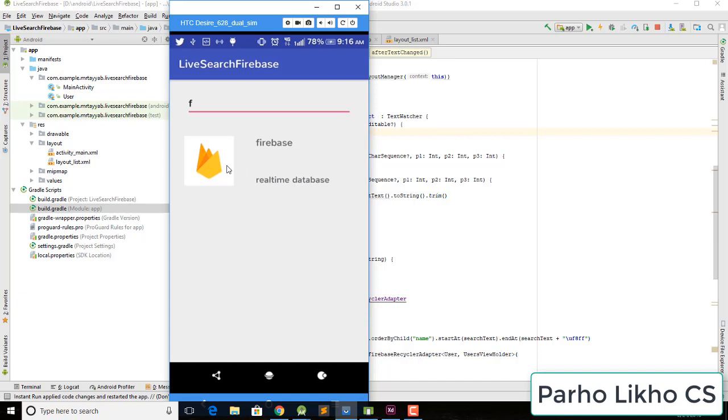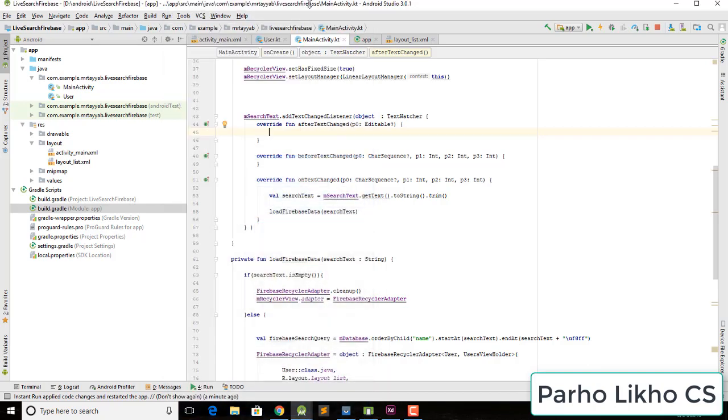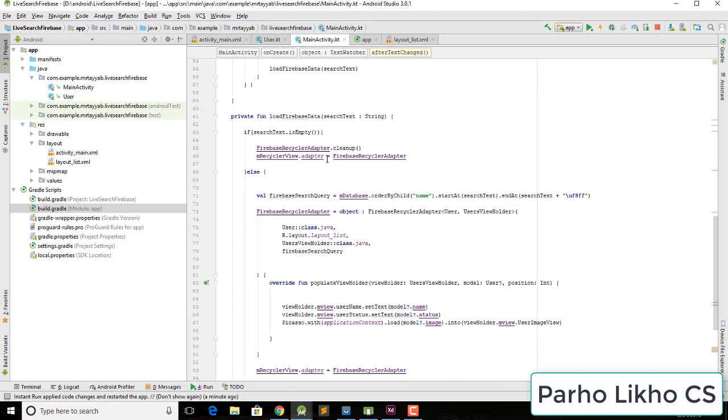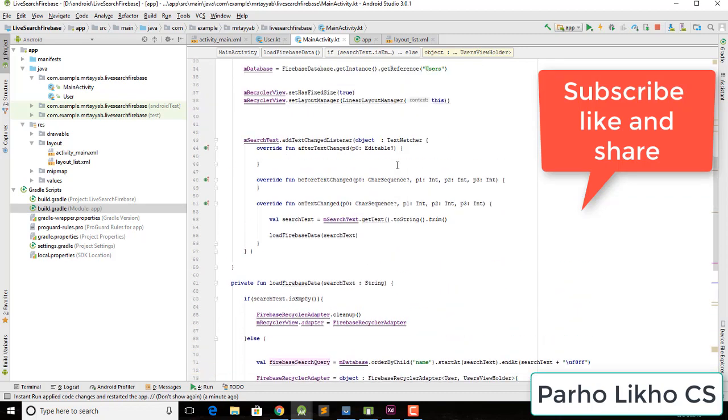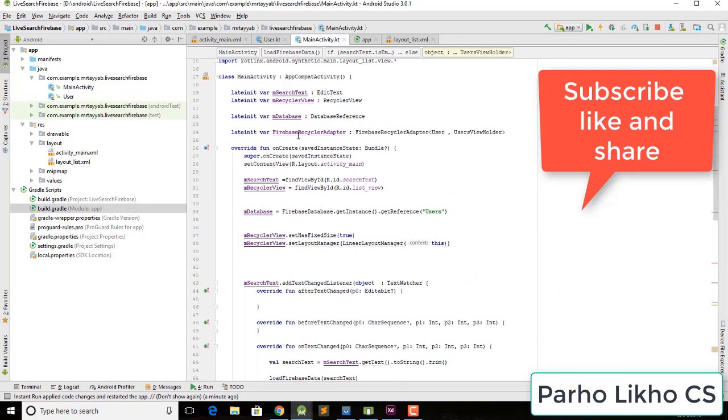It is very easy to create a recycler view adapter, and we add a searching functionality. If you have any questions or confusions, you can put them in the comment box. I will provide you solutions. Don't worry, it is very easy. You just put these lines, and also this line, and before doing this you make the recycler view adapter a member variable. I hope you got it